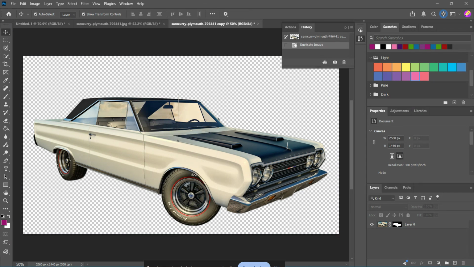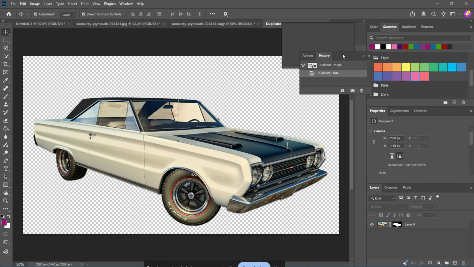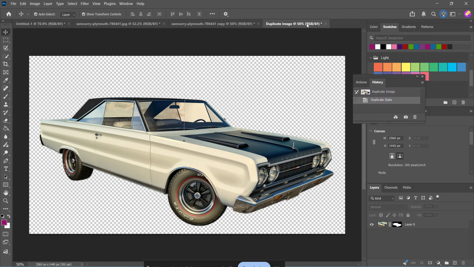Look all the way at the bottom of the history panel and find the small icon that creates a new document from the current state. It usually looks like a page or document symbol with a plus sign. Click that button and Photoshop will instantly make a duplicate of your current document. Again, this copies the whole project, including the layers, so it's a fast and efficient way to branch off into